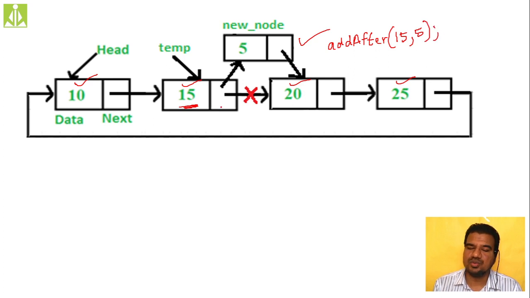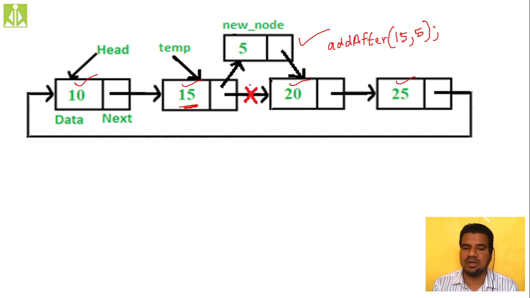We have to handle two situations over here. The first situation is when the head pointer is null, I mean, when the complete circular linked list is empty. Then we don't go for the search operation, we don't search for the node. Simply, we make this newly created node the only available node and add it into the circular singly linked list. Or you can print an error message that the key value you are looking for is not found inside your circular singly linked list. Two ways are acceptable.